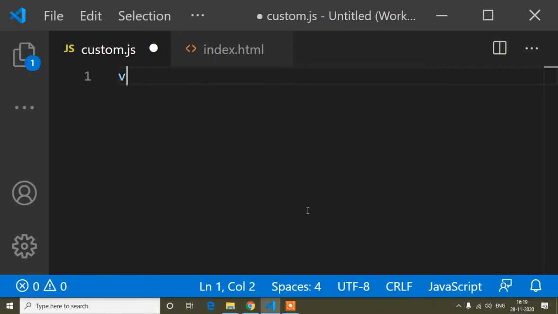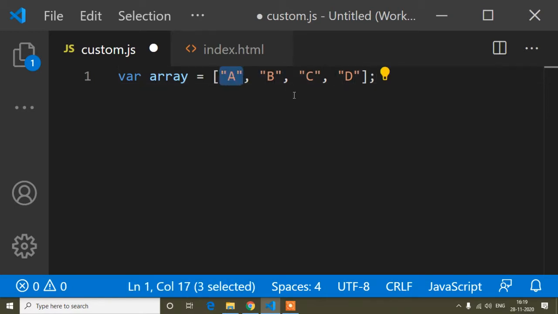Suppose here I have an array, and in this array I have some values like a, b, c and d. So the array shift method removes the first element of this array. That means it will remove the value a, because a is now the first element. That's the shift method.